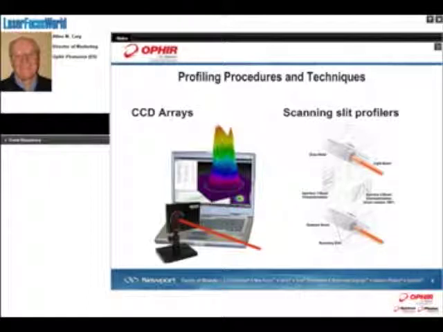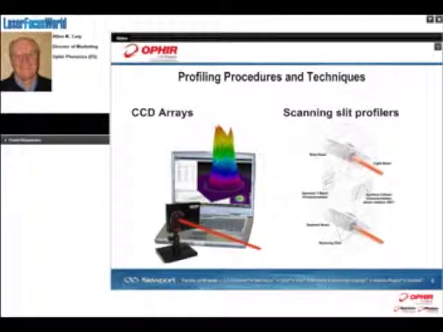Profilers come in various types, and all of these techniques can be done with either a CCD array, or what we call a camera, or with something like a scanning slit profiler. Both of them are capable of doing both the beam size and the beam pointing measurement. Now, which one you choose has to do, to a certain extent, with what exactly you're trying to do, how big a beam you're trying to look at, how much fussing you want to do with your instrument versus your